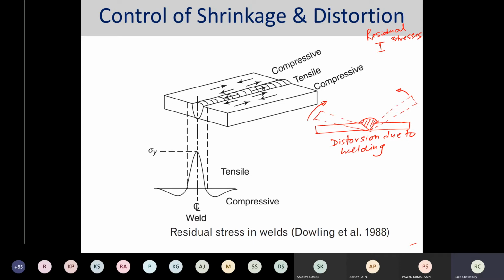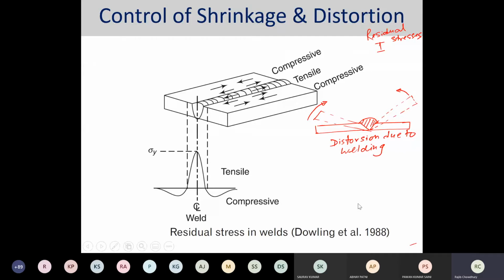Prior to the welding, we can preset the element so that after welding and its associated distortion, the geometry is correct. So you can apply pre-stressing, and also you can use pre-bending of the material or the connecting members. So using all these features, we can control the shrinkage and distortion.